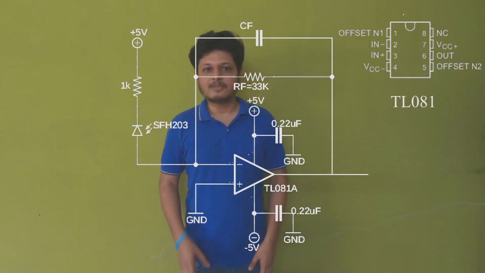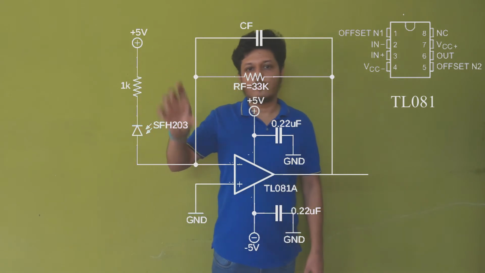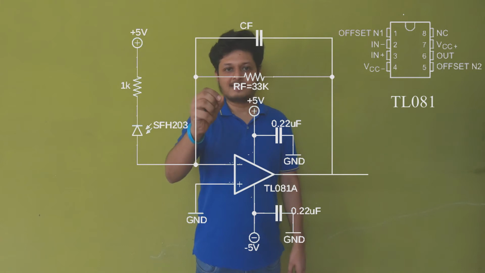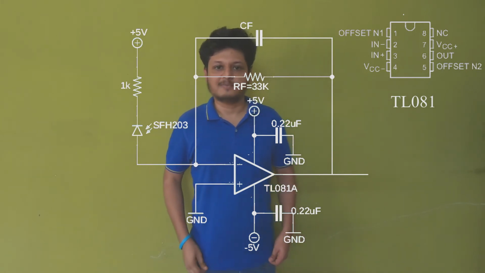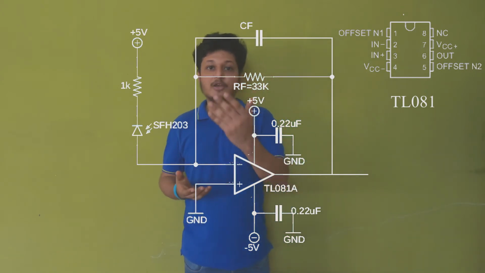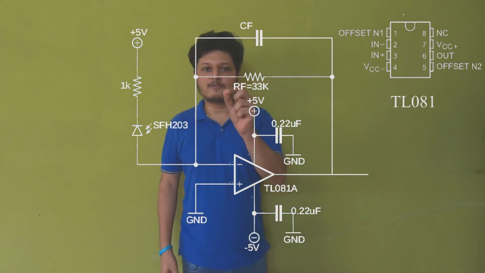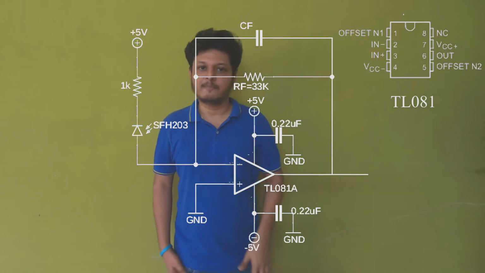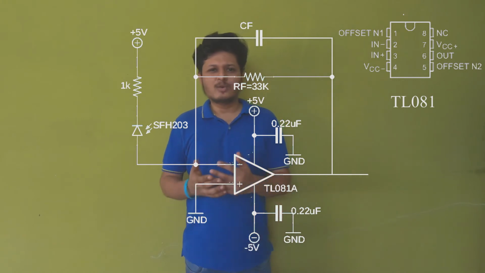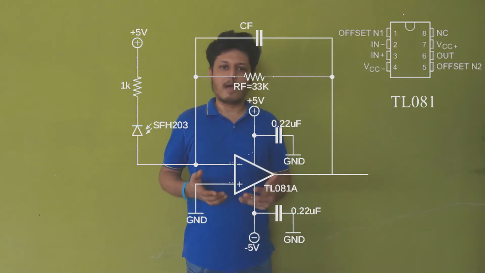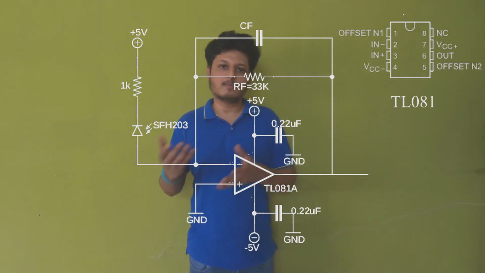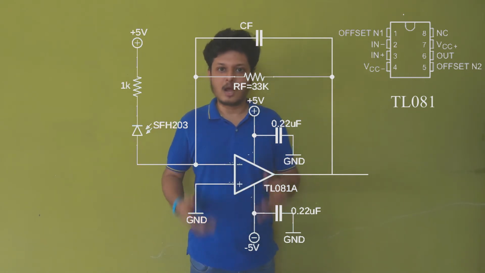Now we have to convert this photocurrent into electrical signal or voltages, and that is what this trans-impedance amplifier is doing. Now this photodiode is biased with 5 volt of reverse bias, and we have RF, that is the feedback resistor, and CF, that is the feedback capacitor. Now the gain of this configuration is dependent on the value of RF, and the choice of this value of RF is very critical because it affects two parameters, gain and bandwidth. As we know, the gain bandwidth product of any op-amp is constant, and in this case it is 3 MHz because the gain bandwidth product of TL081 is 3 MHz.